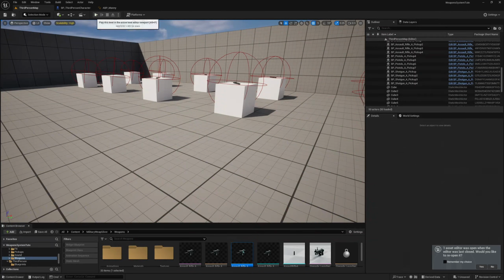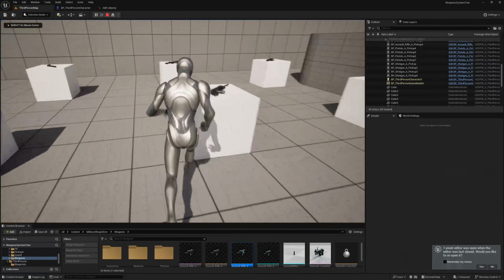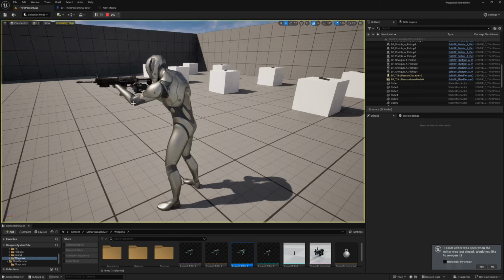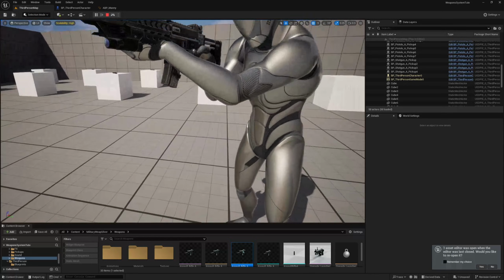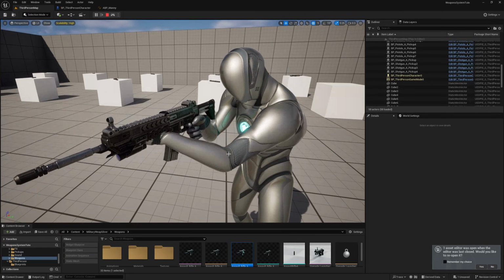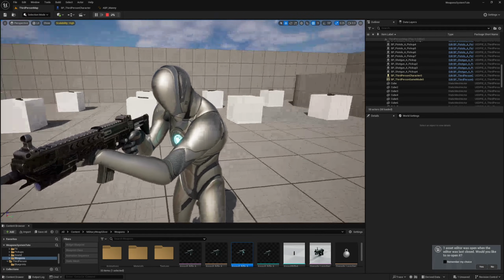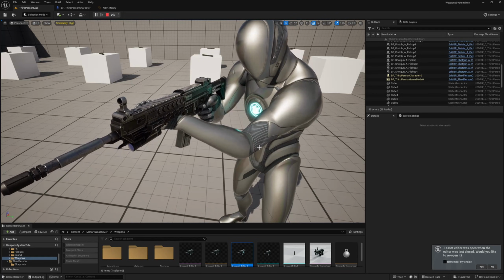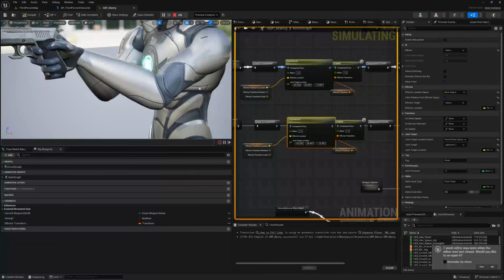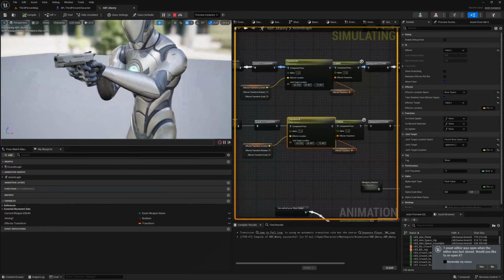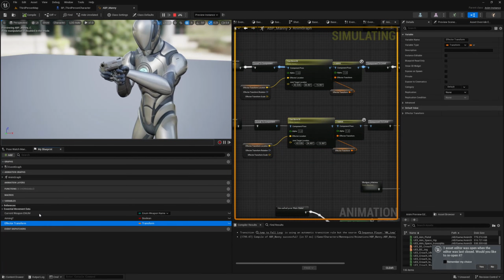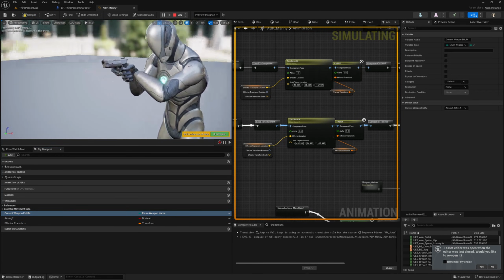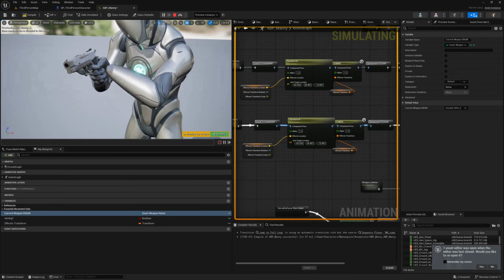And this is kind of what we need. We need to be able to do this for each weapon, because sometimes if the left hand is extending too far out, the elbow kind of locks in straight, and you can kind of see this happening here. You can see this jump that's occurring here, and obviously this doesn't look any good, so we need to find a way of eliminating that. Here we can change the effector, the current weapon enum, default to assault rifle, and now he's doing the assault rifle pose, and